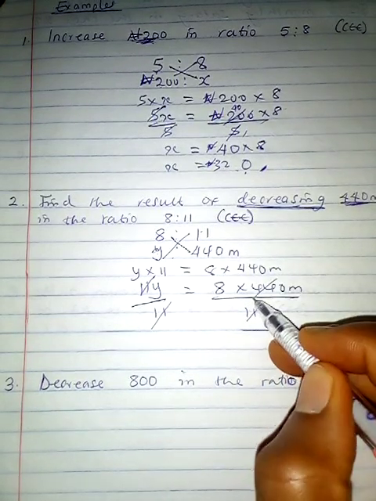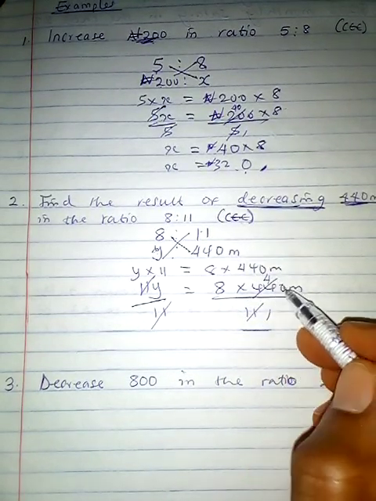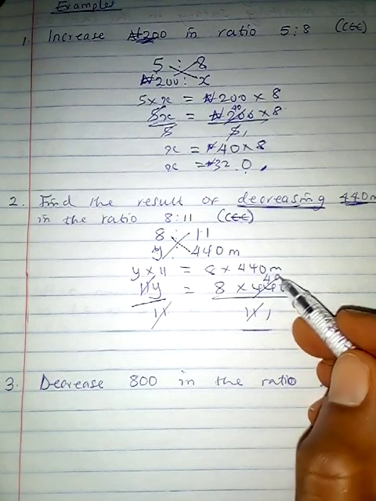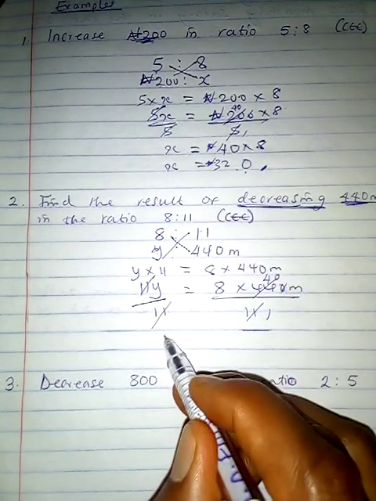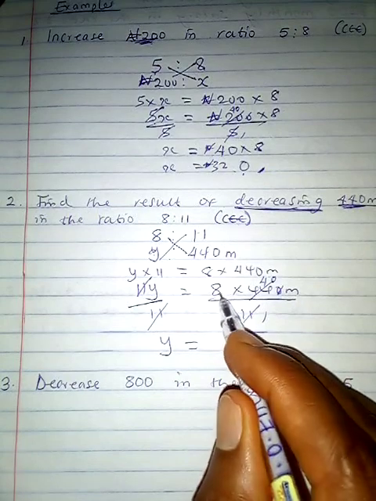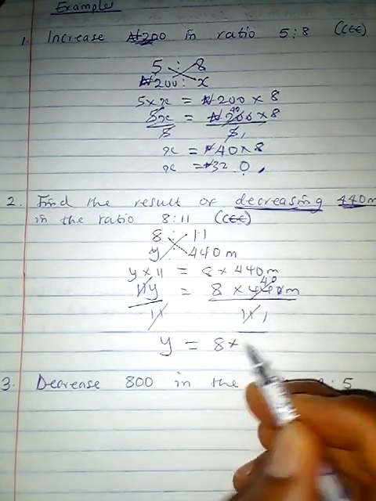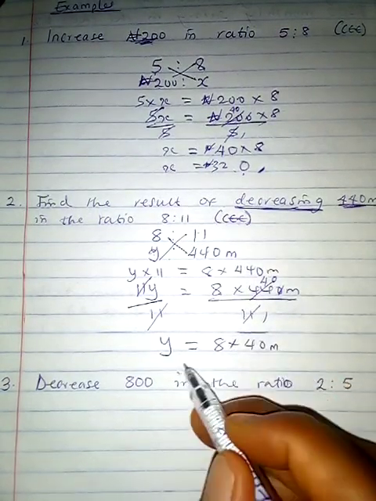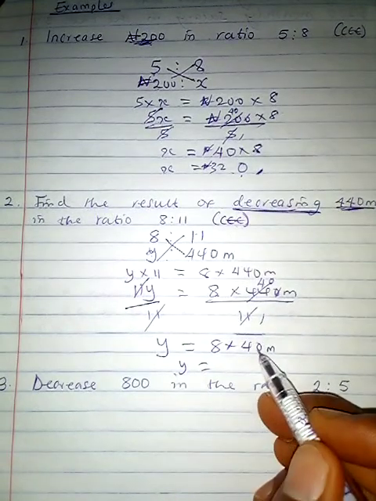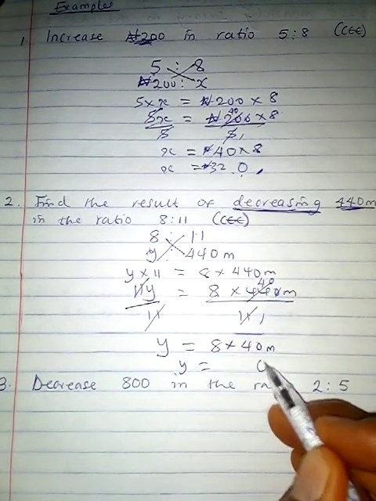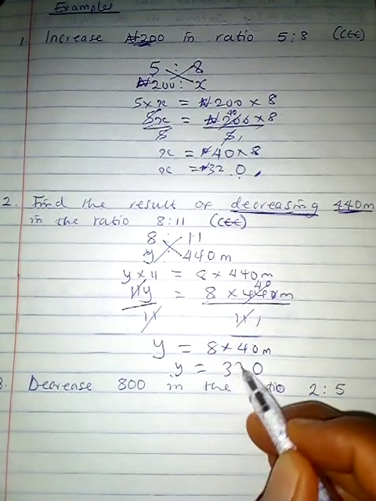Then 11 into 44 is 4. And then there's 0 here. We put that 0 here, which makes it 40. So we're now having y is equal to 8 times 40. 8 times 40 meters. If you do it very well, 0 times 8 is 0, and this is 32. So that gives us